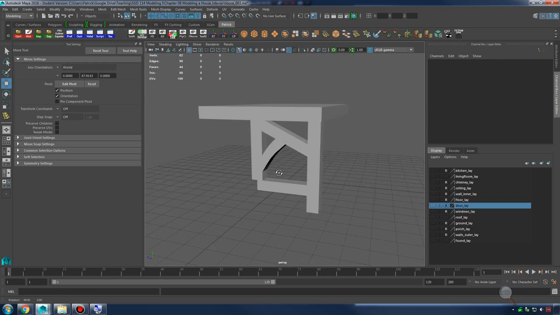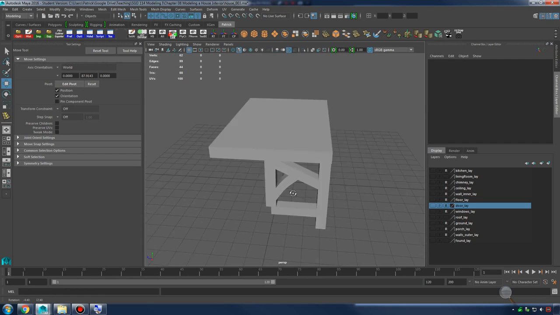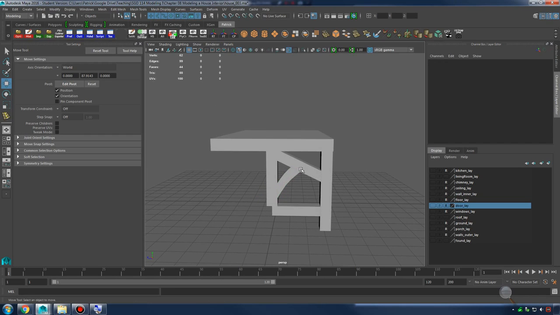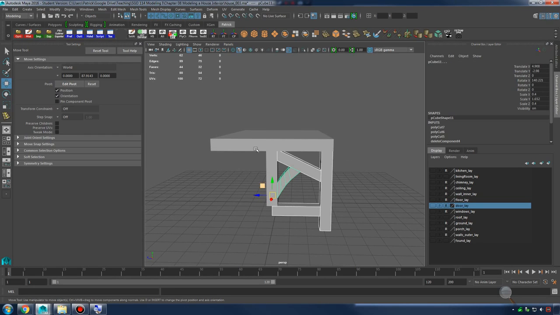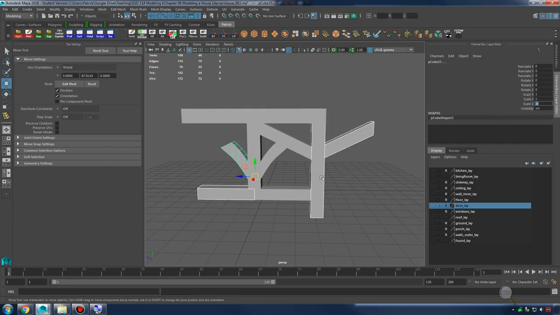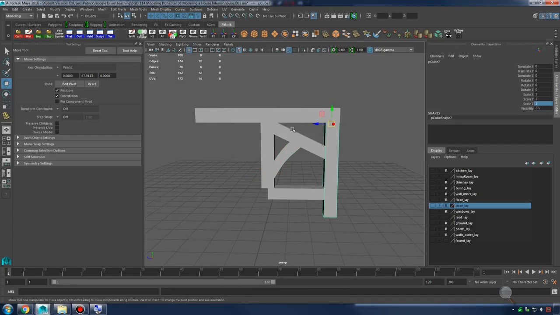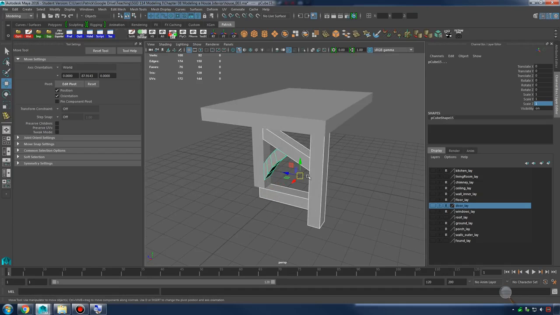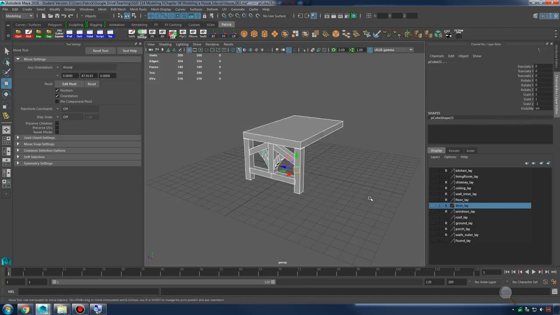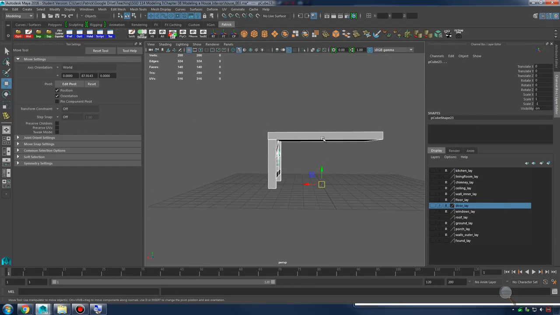There we go. There's that perfect shape. All right, so now all I have to do is select all the pieces I want to mirror across the z-axis. I'll freeze those transforms, duplicate, -1 scale on the z. That was terrible. I forgot to reset my transform, so now all the pivot points are right in the center of my grid, like so. And now it's a simple matter of,